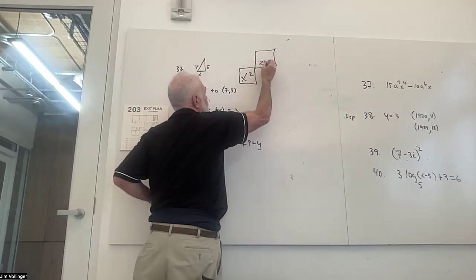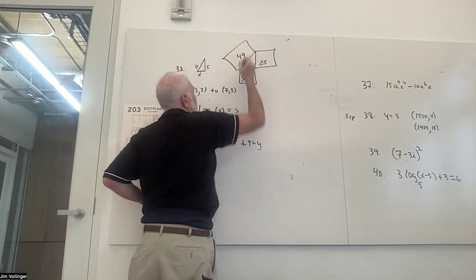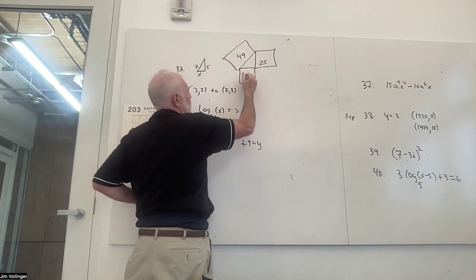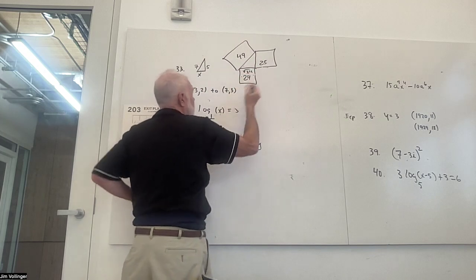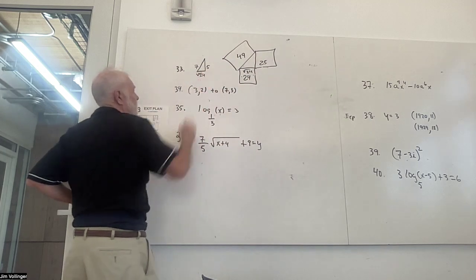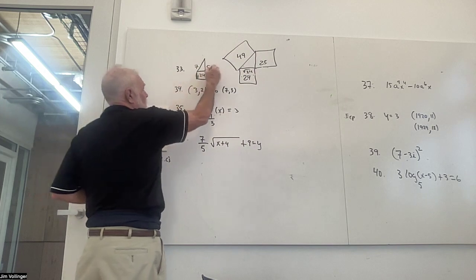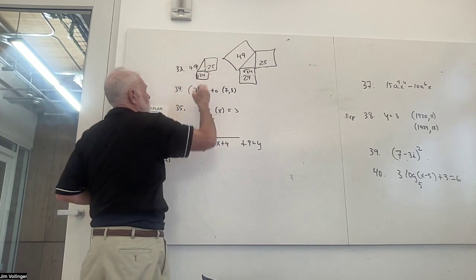X squared plus 25 has to get me 49. All right, so 49 minus 25 means that this has to be 24 units. And so the square root of 24. That's that x value. Square root of 24. Right? Because if you square that, you get 24, you get 25, you get 49, and you can visually see